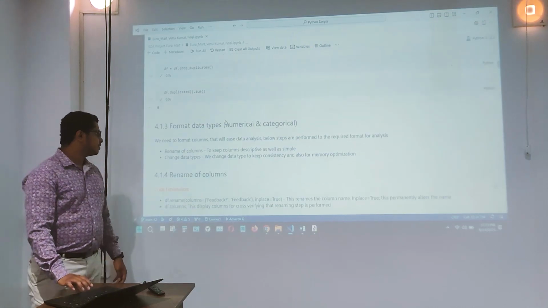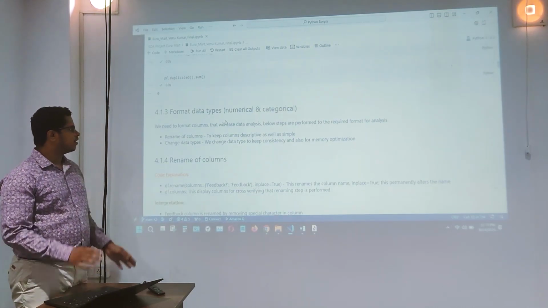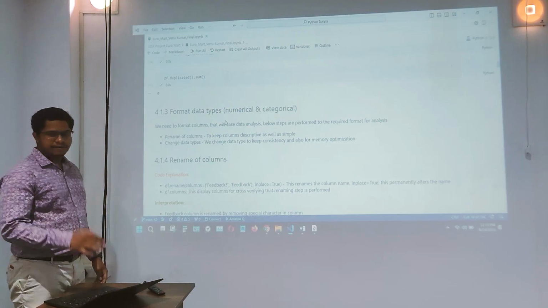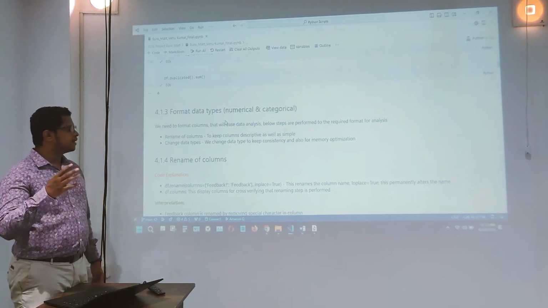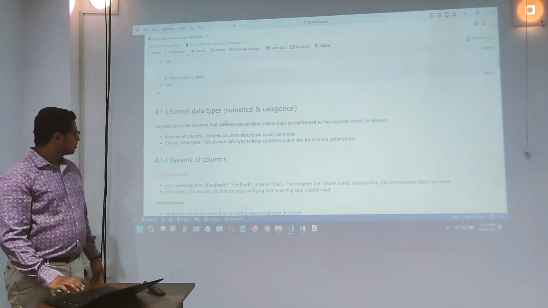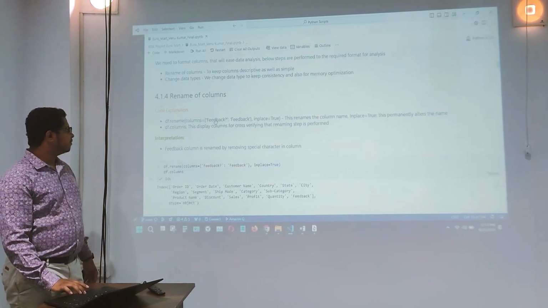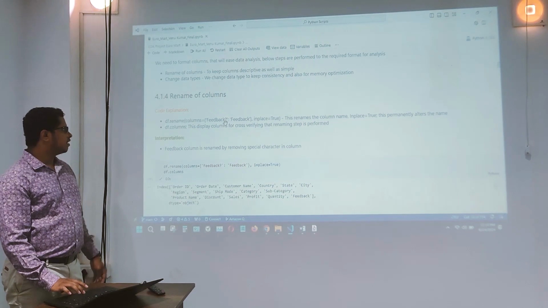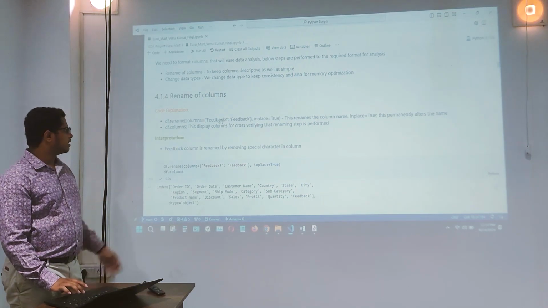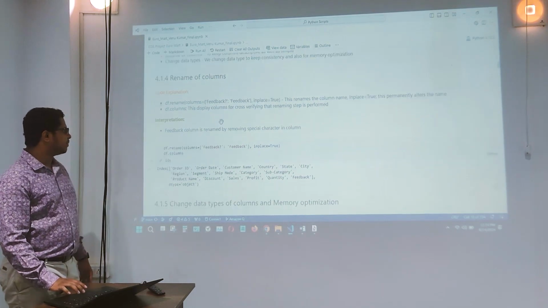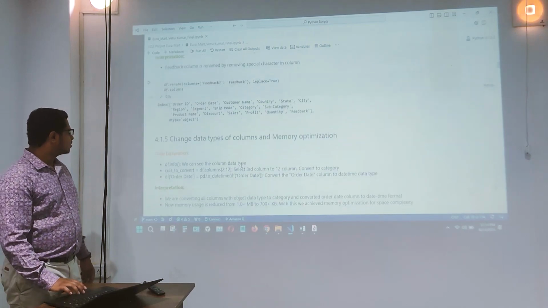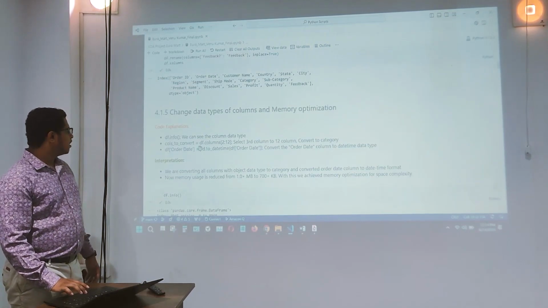So next we will format the data types. For example, we might have to rename the columns, or some columns might be in a different format. So we will just format it. First we will rename the feedback column. The name is a little off, there is a question mark in the feedback. So we just rename it. And also we are changing the data type,